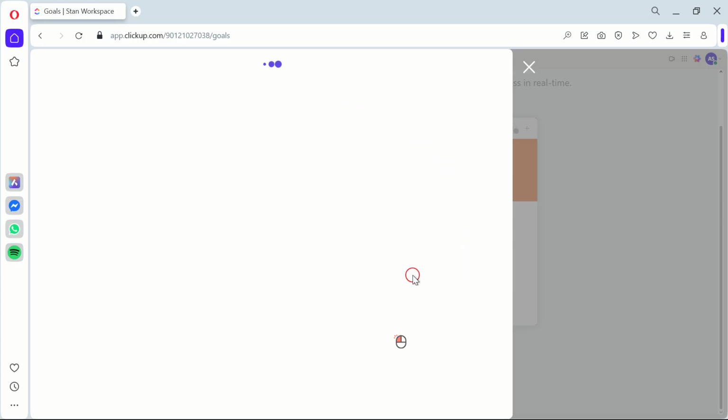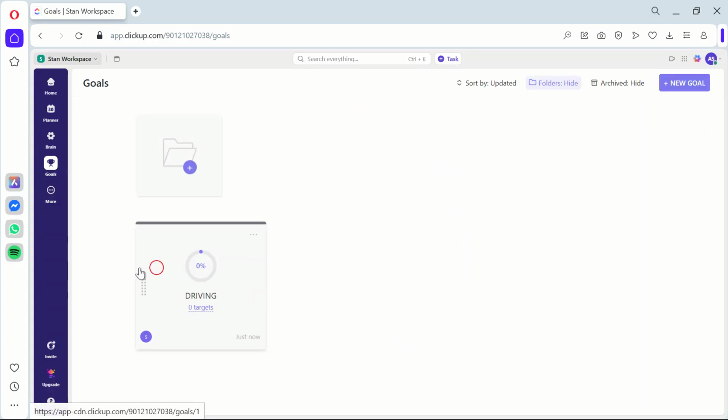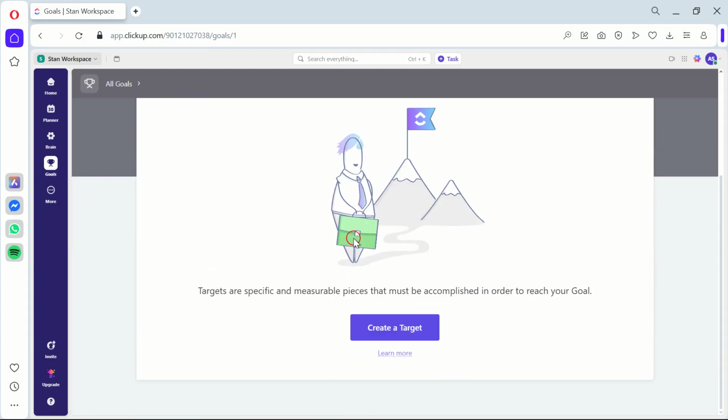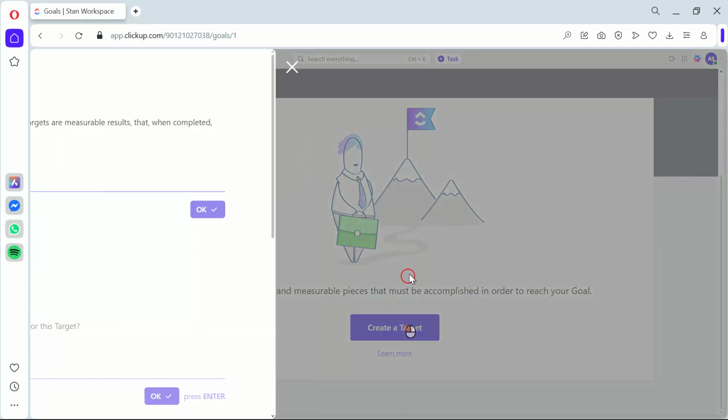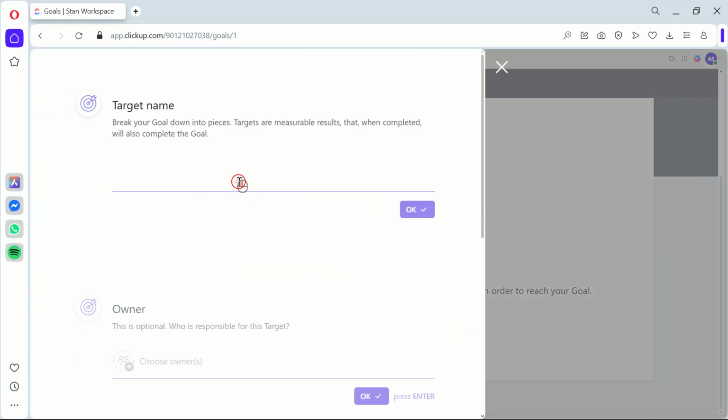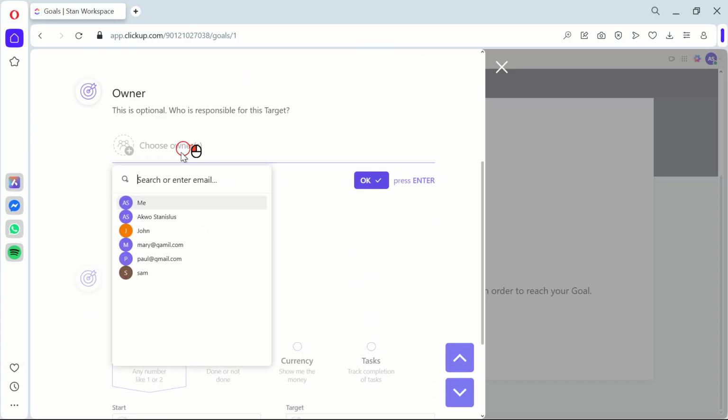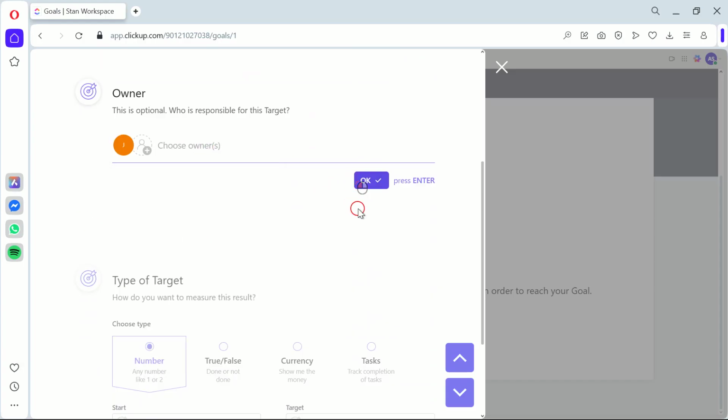Now that we've done that, the next step is to create objectives within these goals. This is where we break down our overall goal into smaller, achievable tasks. To create an objective, click on the goal you just created, hit New Objective, fill in the information, and click Create. This helps us because it gives our team a clear guide of what needs to be done and who's